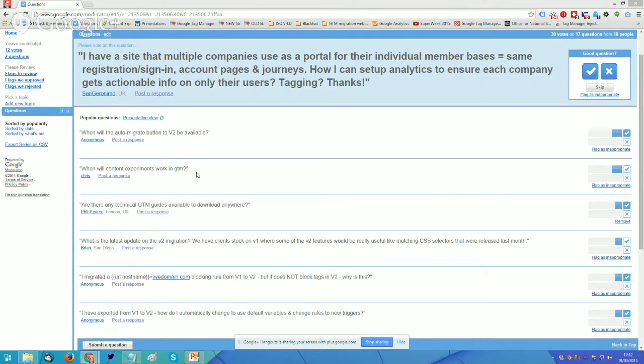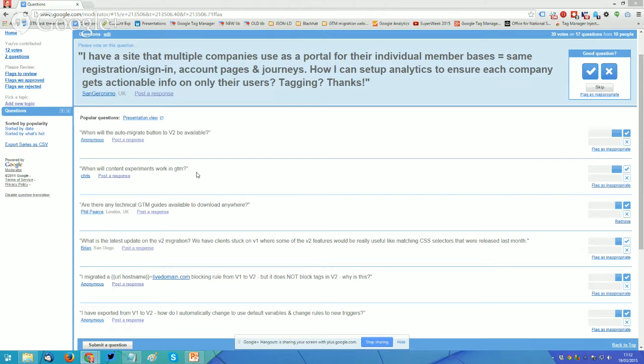So again, this one's probably going to happen after the migration has been completed for V2. The problem with Google Tag Manager is that it changes all code to asynchronous. So it just means then that if you try and deploy an A/B testing tag which changes the content on the page or does a redirect, the content may have loaded before that redirect tag has executed. So you can't reliably run these A/B testing tags via GTM.